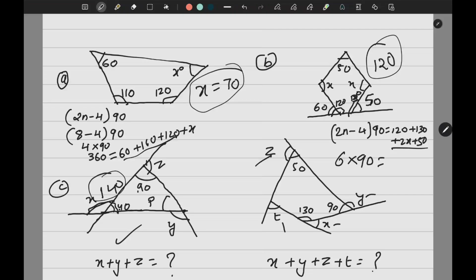But if they ask for more marks, then you can solve it like this. The sum of these 4 angles is (2n minus 4) into 90, you get this value. Then by linear pair, you can find x, y, z. If you find x, y, z separately in this case, x will be 50, y will be 90, z will be 130, and t is equal to 90 degrees. So if it is an objective, 1 marker or 2 marker, you directly write the statement and the answer. But if it is a 3 marker, you solve and show it.